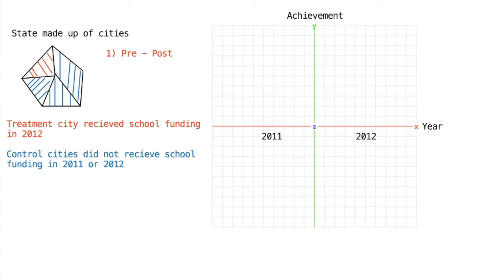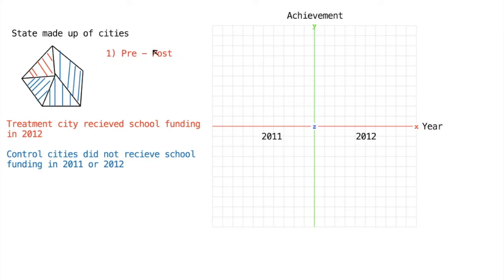The first source of variation is over time variation, where we can examine how test scores change in the treated city in red in 2011 when they did not receive school funding to 2012 where the city did receive school funding. This type of comparison is known as the pre-post analysis, pre being before the treatment and post being during the